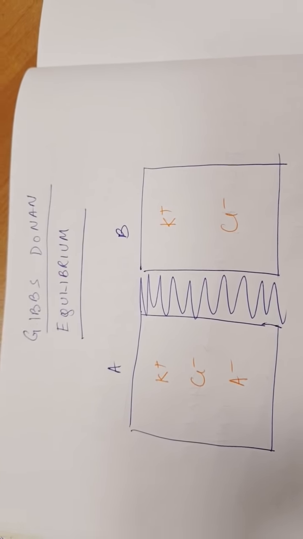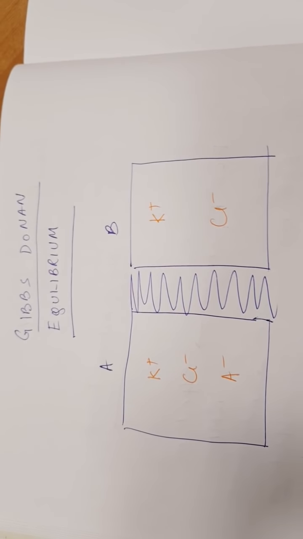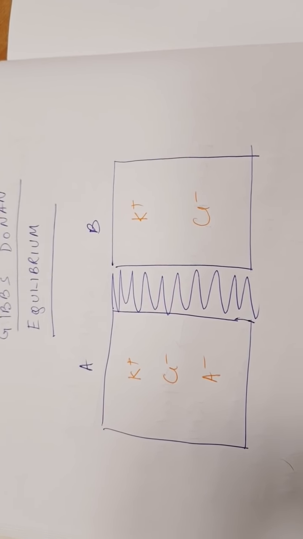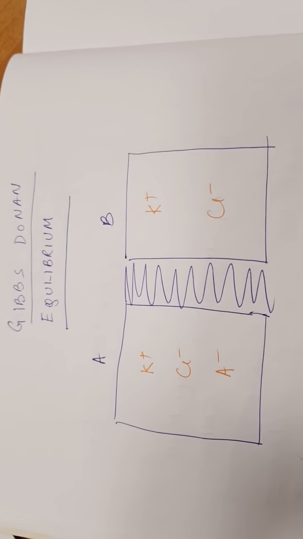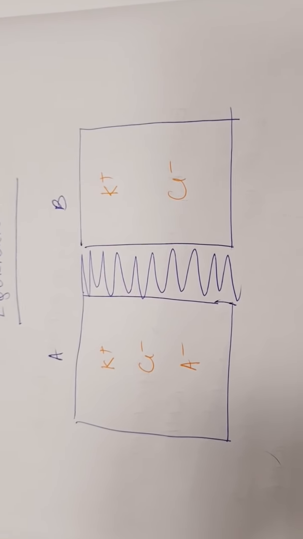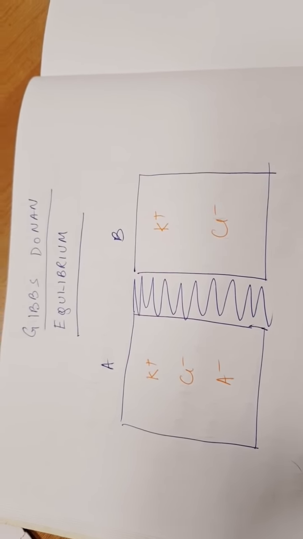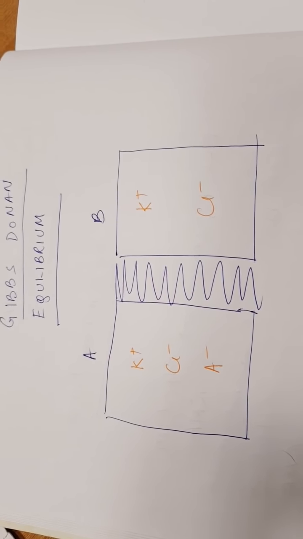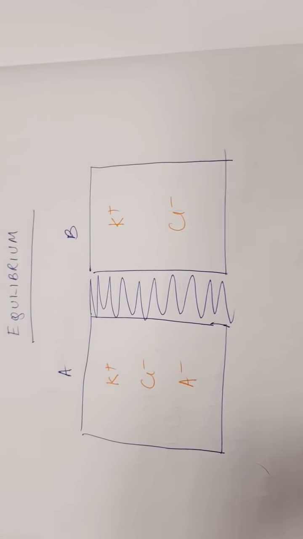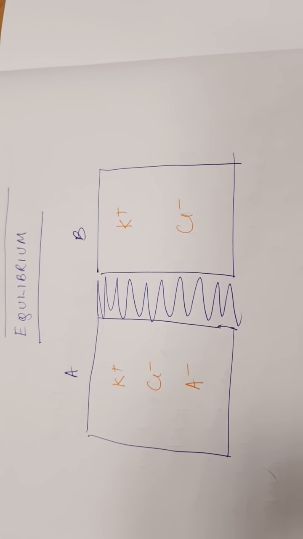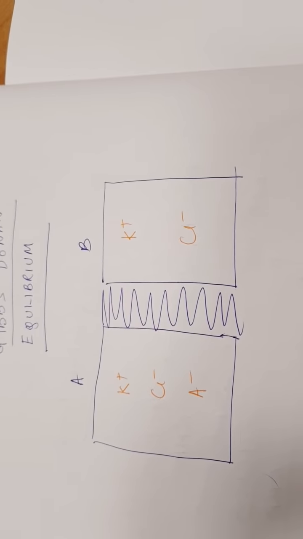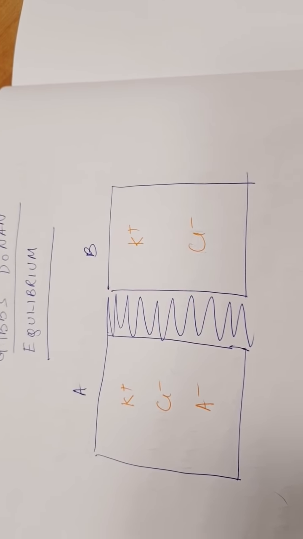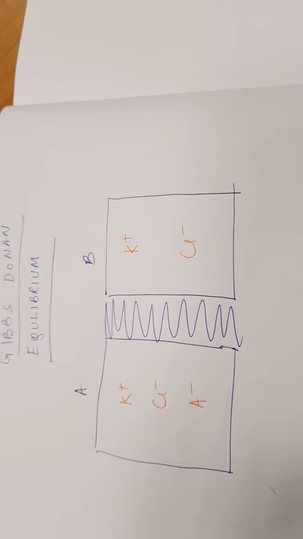On to the next topic, which is the Gibbs-Donan equilibrium. Let us recap what is resting membrane potential. Resting membrane potential is basically the membrane potential recorded at rest. And what is membrane potential? Membrane potential is basically the potential difference recorded between the interior and outside of the cell. The resting membrane potential is developed and maintained due to the unequal distribution of the ions across the membrane and the differential permeability of the ions across the membrane. Sodium is more outside, potassium is more inside, and the membrane is much more permeable to potassium by leaky potassium channels as compared to sodium.